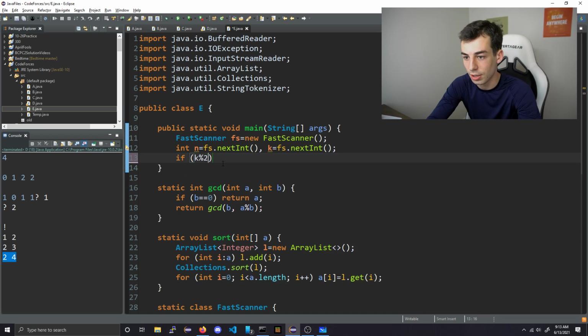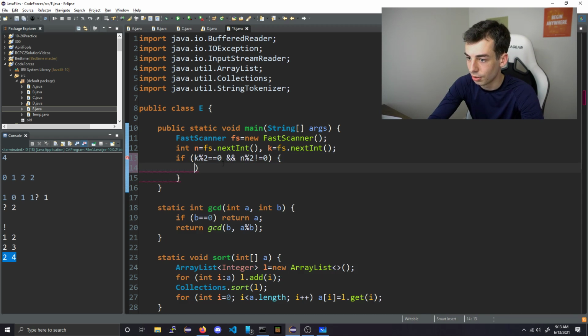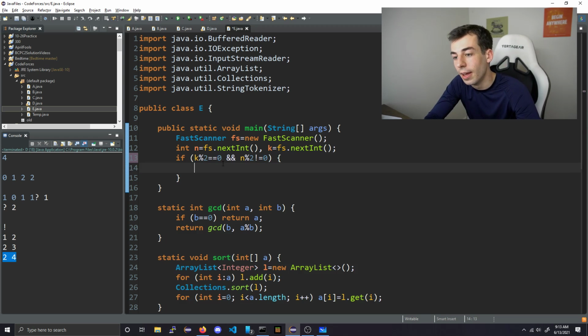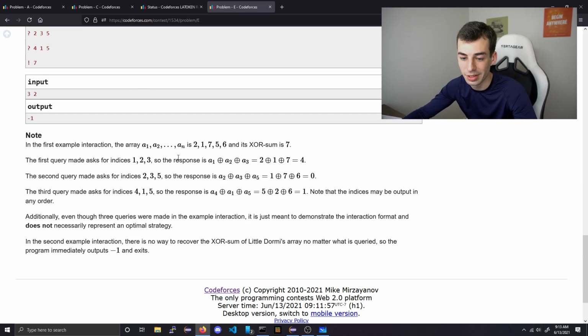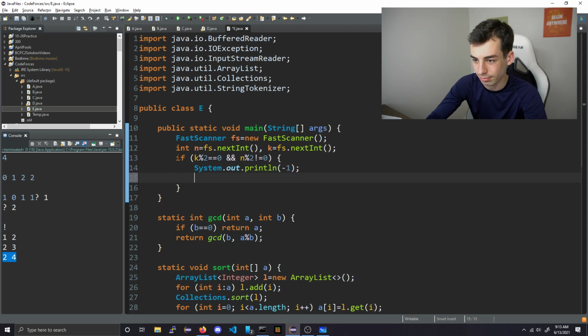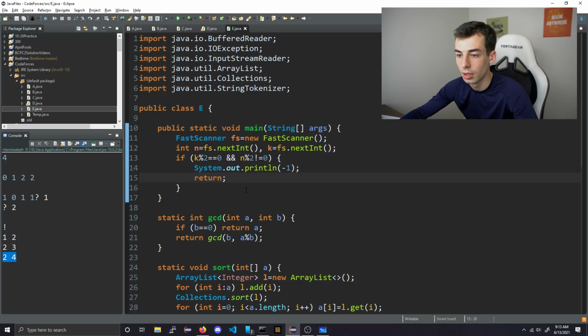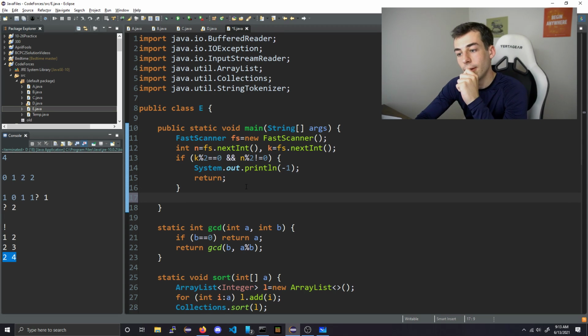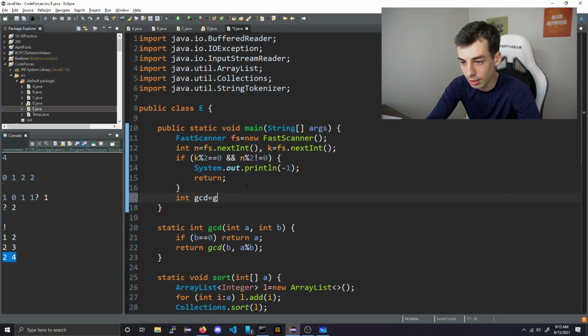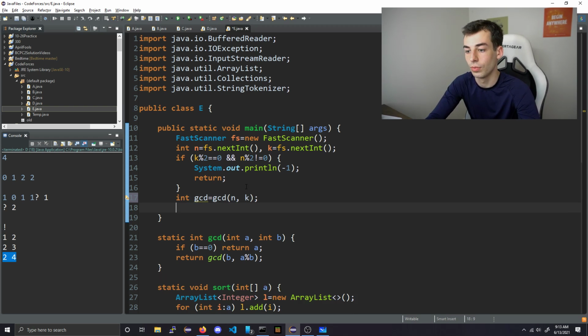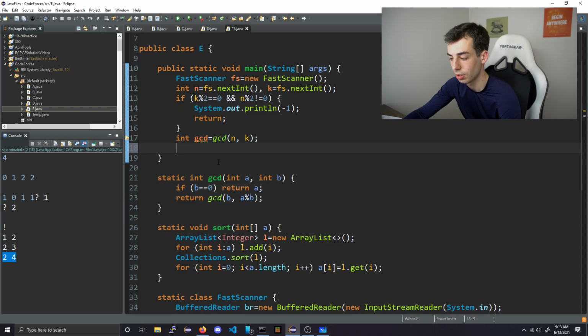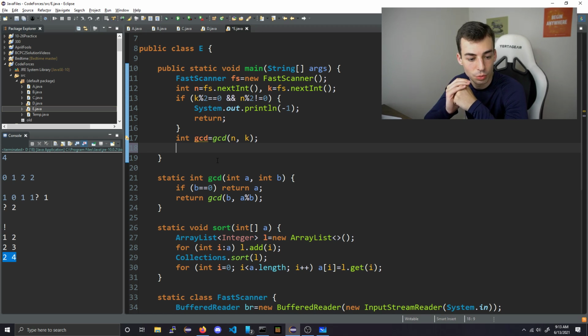So if k mod 2 is equal to 0 and n mod 2 is not equal to 0, then this is impossible, I think. We'll try that. Okay, otherwise, the GCD between the two. Yeah, so then we want